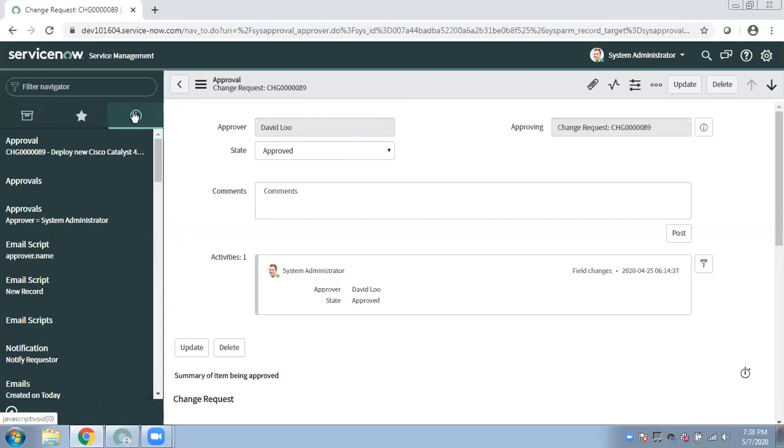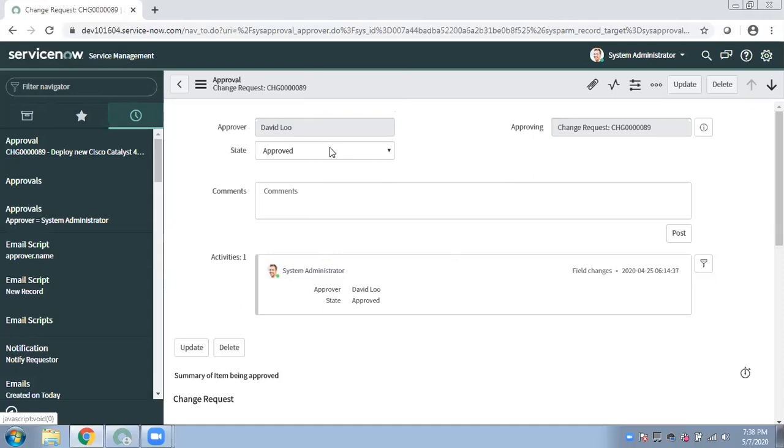So we have already set the notification to the approver going separately, right? That is part of the approval engine I showed you yesterday. As soon as you use the approval activity, the system automatically triggers an event because the record is getting inserted in the approval table, and that event triggers the notification. And if you want, you can modify it.